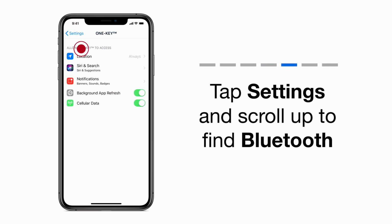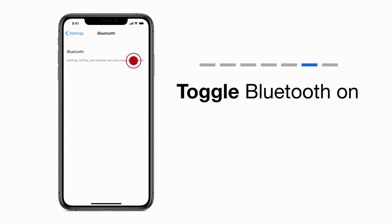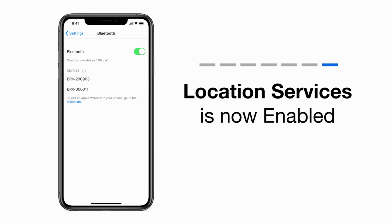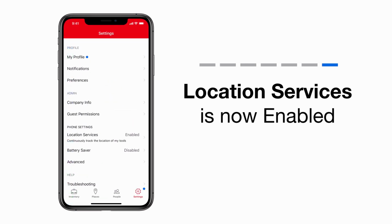In your phone settings, scroll up and select Bluetooth. Turn on your device's Bluetooth now. Once you've changed your notification preference on your phone, you'll go back to the app to confirm your location services